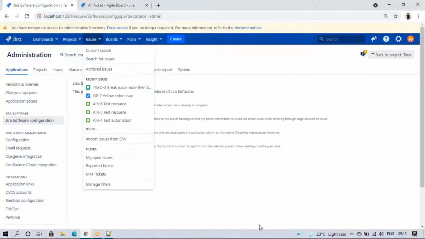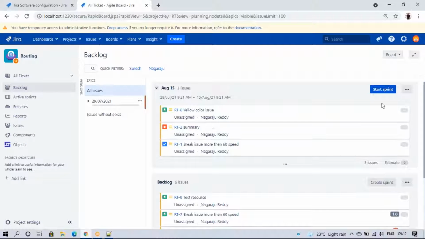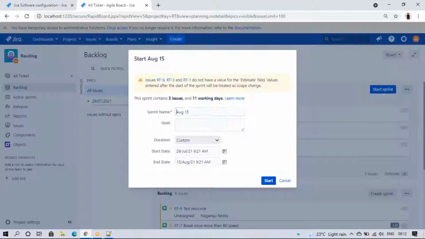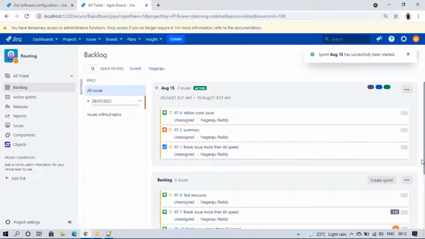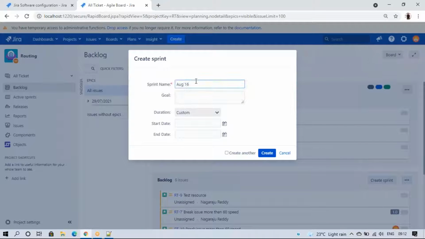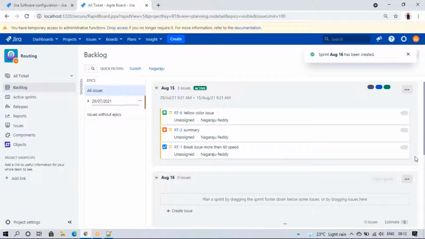that kind of thing will not start, because we have only a single sprint here. By default, only one sprint will work. For example, I start this sprint. Yeah, start. So this sprint is active. Now I create another sprint and move issues to it.